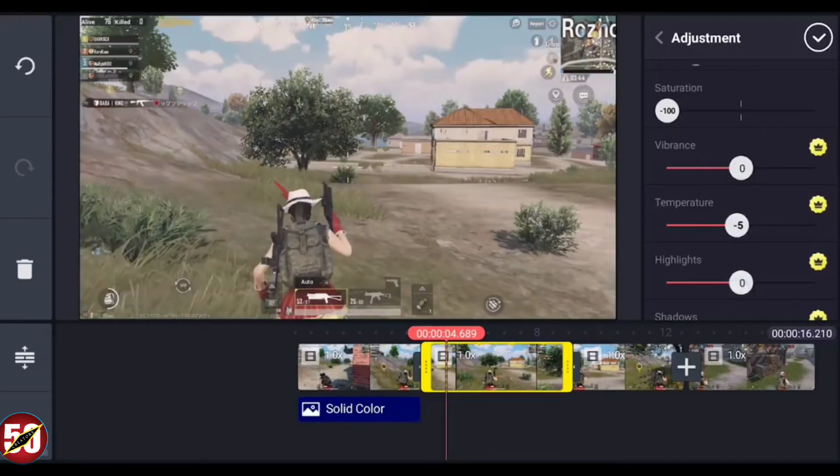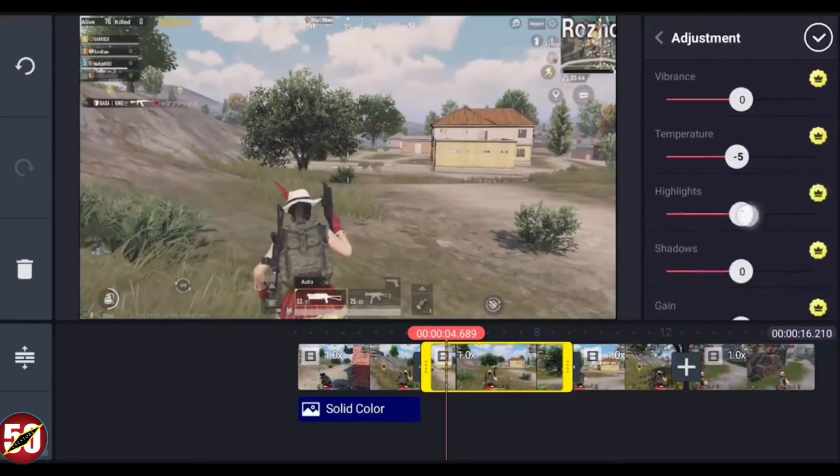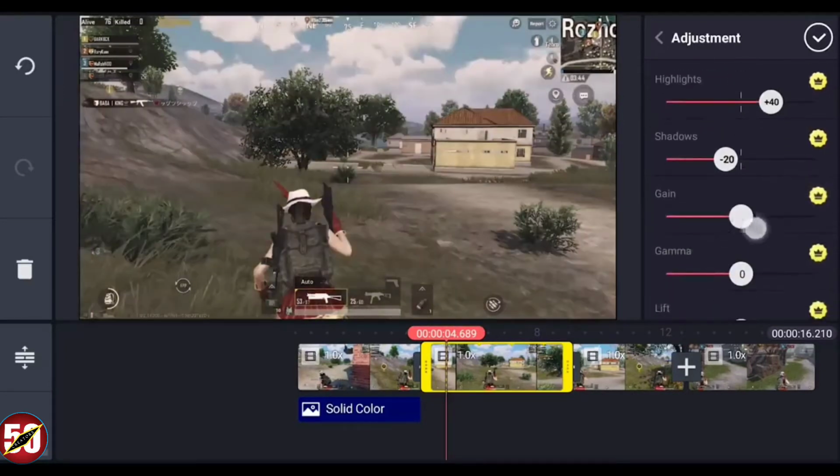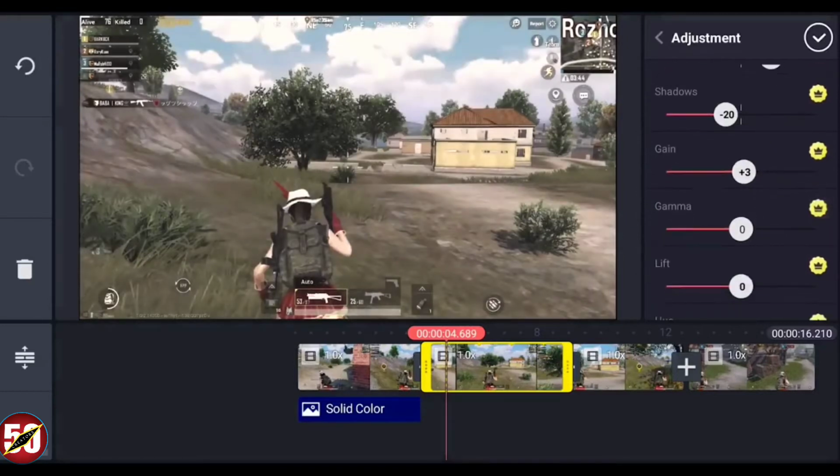Then increase the highlights to +40 and decrease the shadows by -20. Gain will be +3 and gamma also +3. Then decrease the lift to -10 and no need to change the hue.